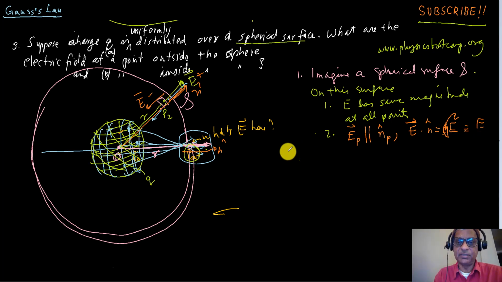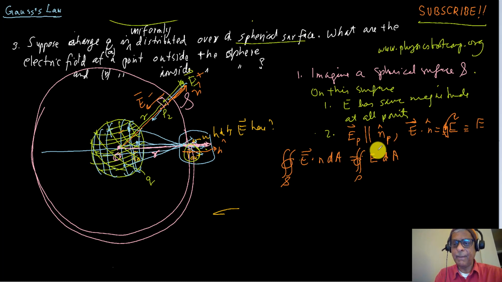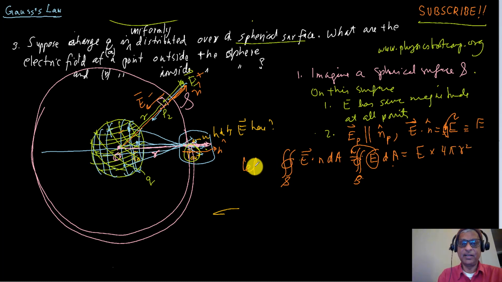And the situation is similar. So we do E dot n dA on this surface, and that's equal to the same E times dA, same E at every point of this surface, so this comes out, and E times 4 pi r squared. So the left side of Gauss is like this, and the right side, how much charge did we enclose? All of it. I enclosed all of it. So this is the whole of this. Q enclosed is